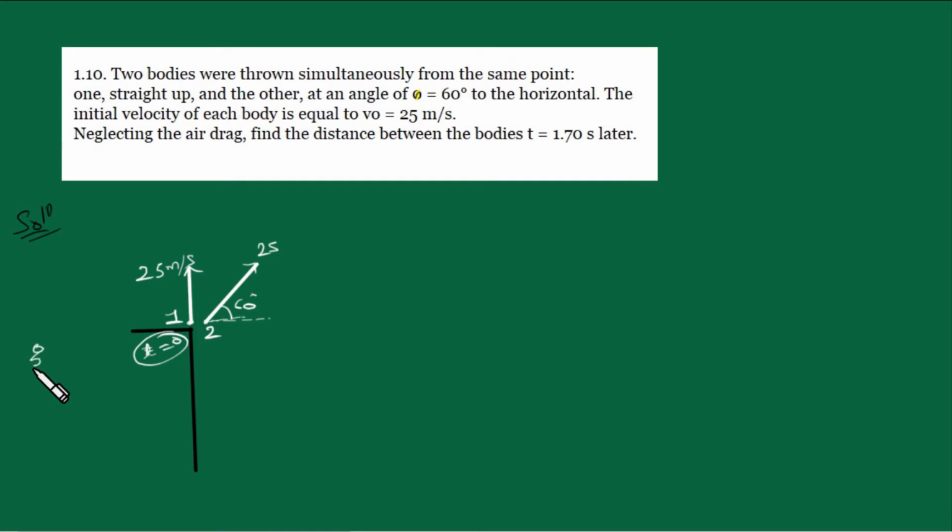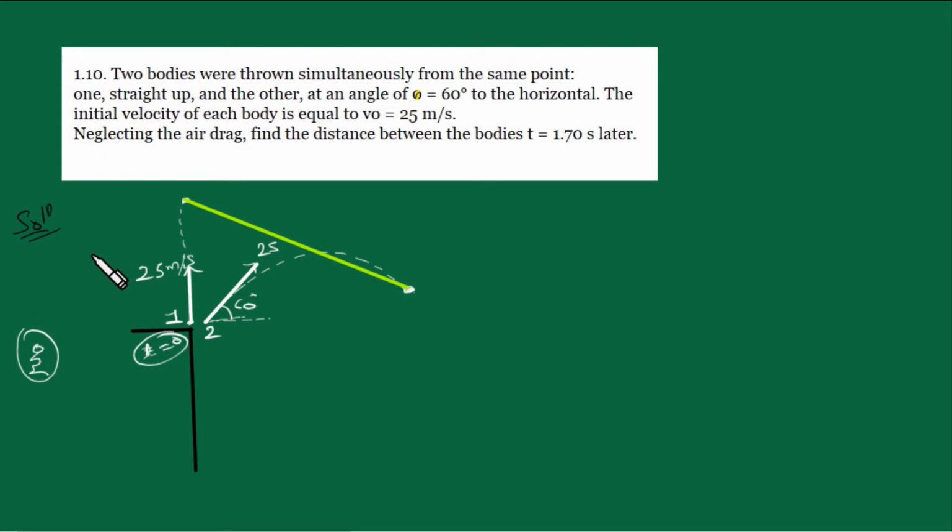Let me give you an idea how we will approach from the ground frame. Suppose a person is standing on the ground and he will be seeing both objects, and we will then solve. So after 1.7 seconds, maybe suppose this particle has reached this place, right? And suppose this ball may go here. We don't know the exact position. So actually the final distance will be this, right? This is what we have to find.